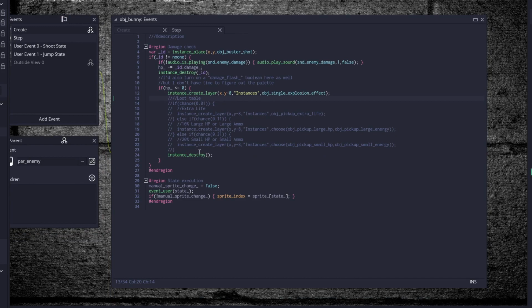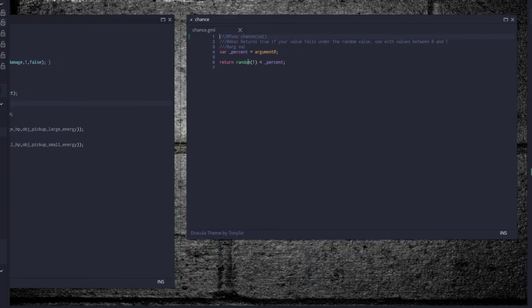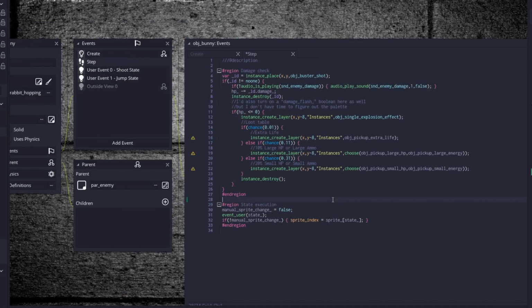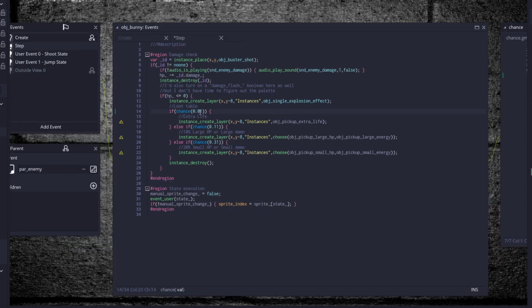And the loot table, it's something that we're going to get more into later on, but Control Shift K so you can see the color coding better. We use a chance script. It just returns true if the percent value that you give it is less than the generated value. So in this case we have a 1% chance of an extra life